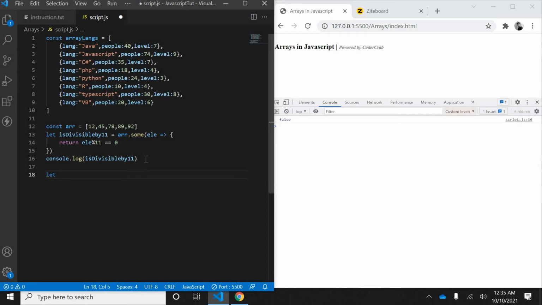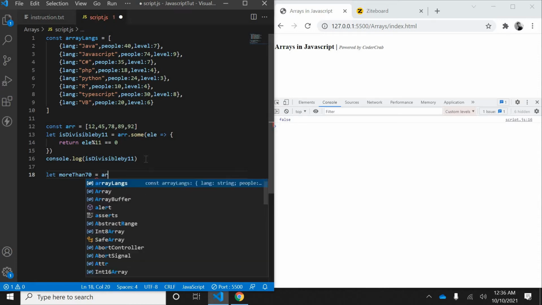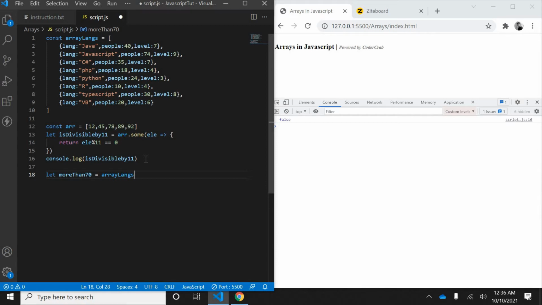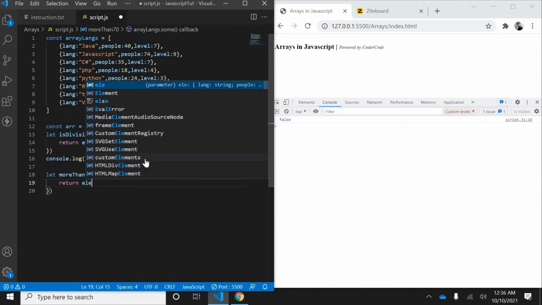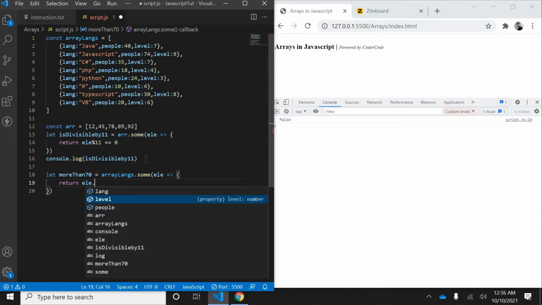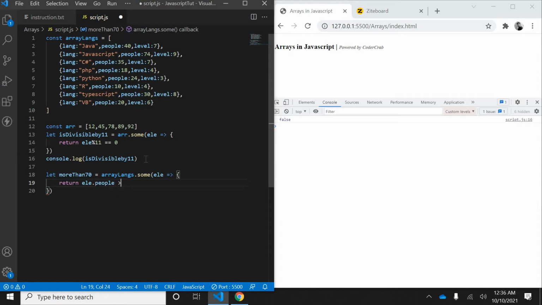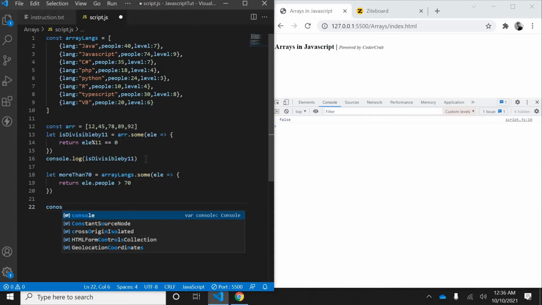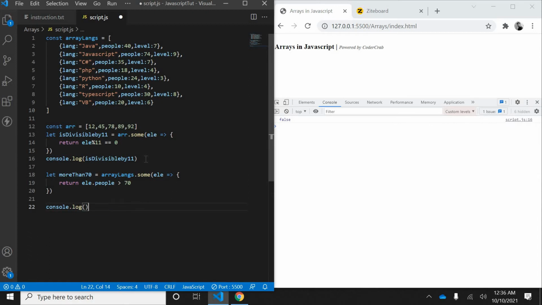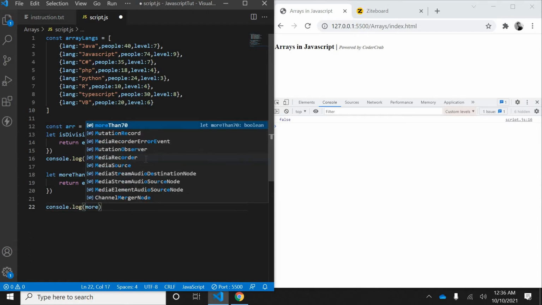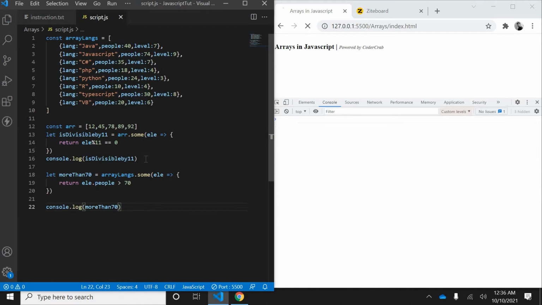Okay, so let more than 70 equal to array dot some, then I'll take ele, then return ele dot people greater than 70. Okay, so after doing this I'll just console dot log more than 70. Okay, true.